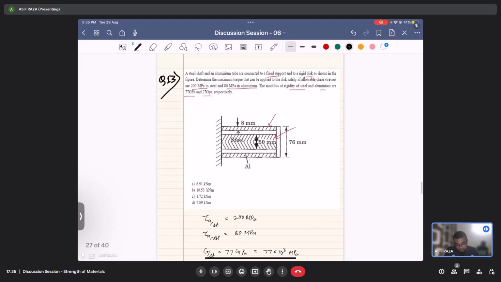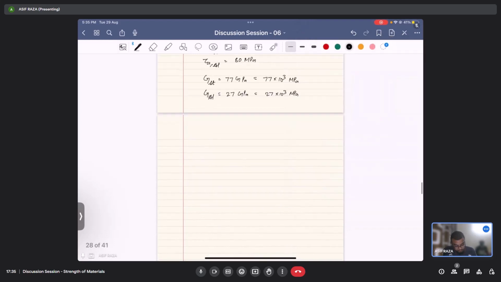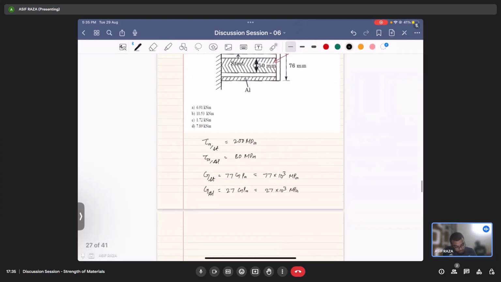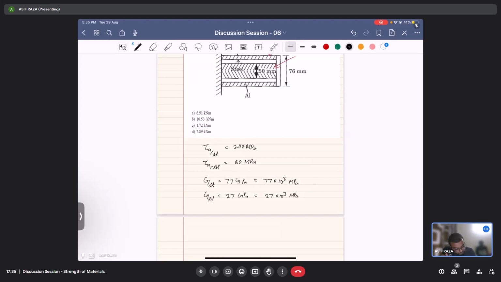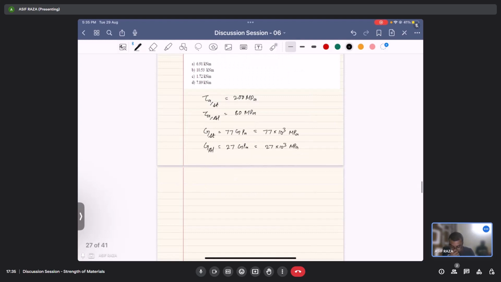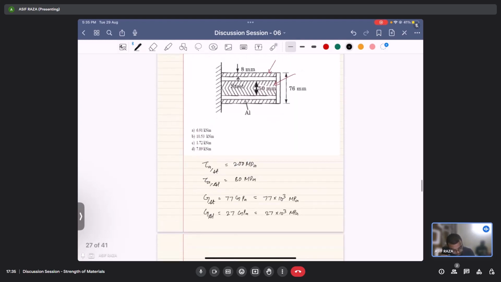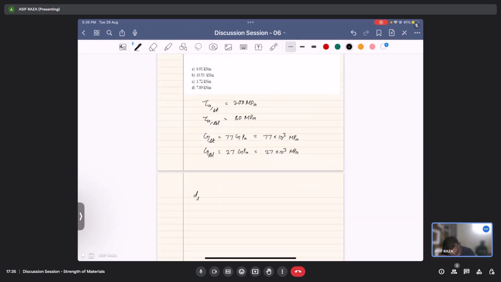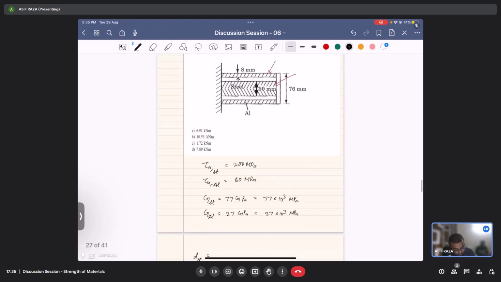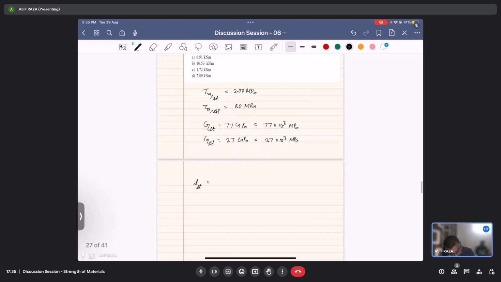So the question asks what would be the maximum torque that can be applied to the disc shaft T. Okay, for that let's first write the other data which has been provided. So the diameter of the steel is given to be 50 mm,